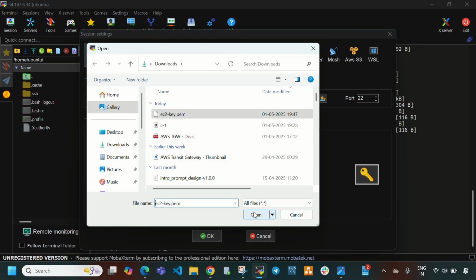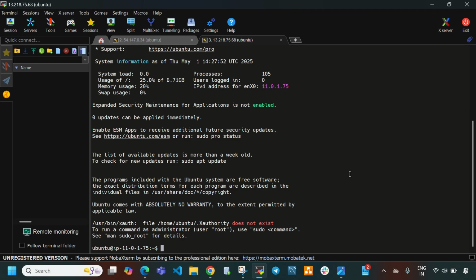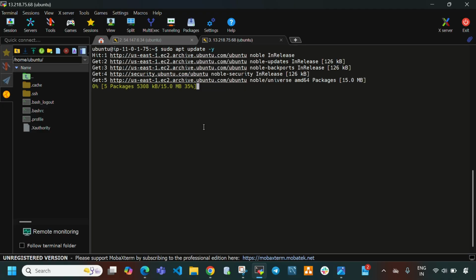So this is the private key, and directly select open and OK. So here you can see successfully it is connected to instance 2. Now sudo apt update -y, it will update this virtual machine.